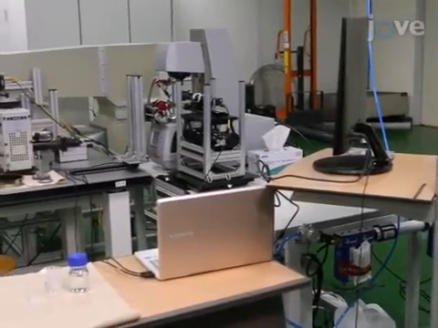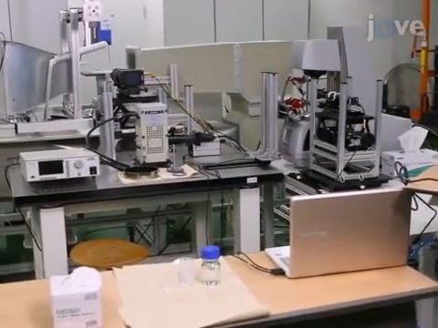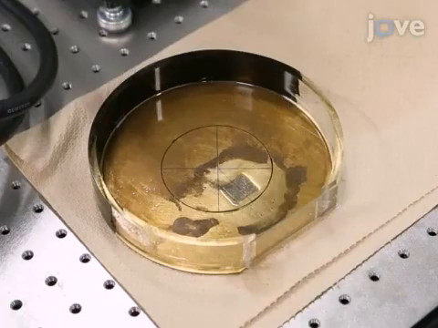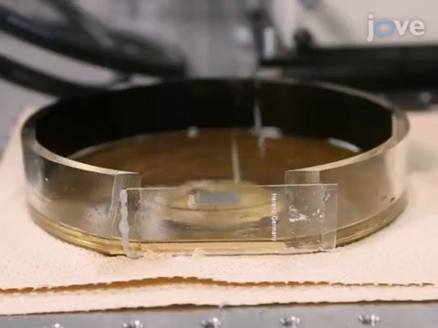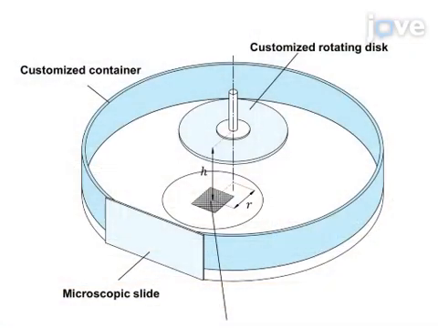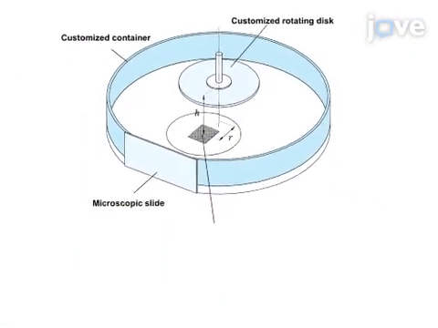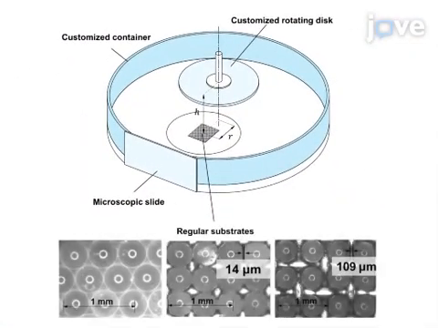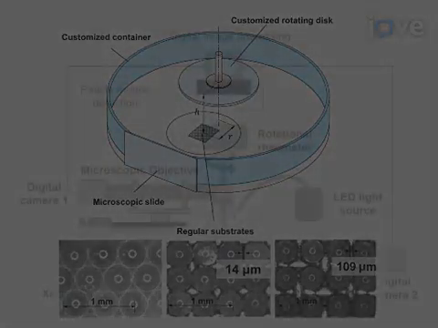These measurements take place in a rotational rheometer. The rheometer is modified to include a customized circular transparent container. There is an embedded microscope slide to improve imaging. The bottom of the container has a regular substrate, examples of which are in this schematic, which provides an